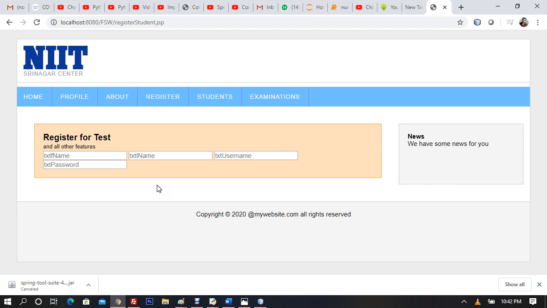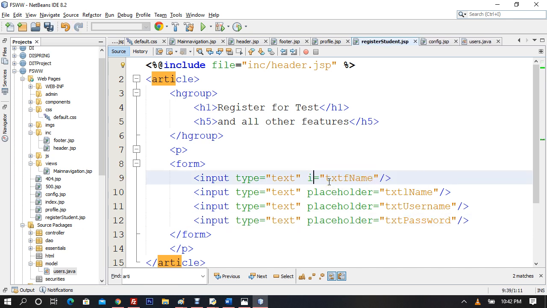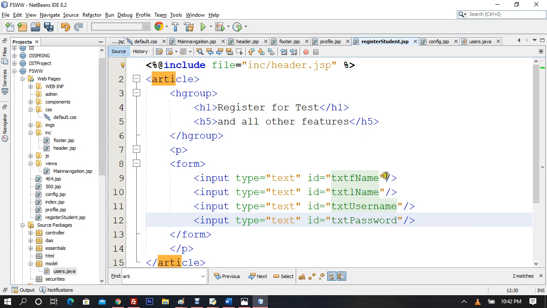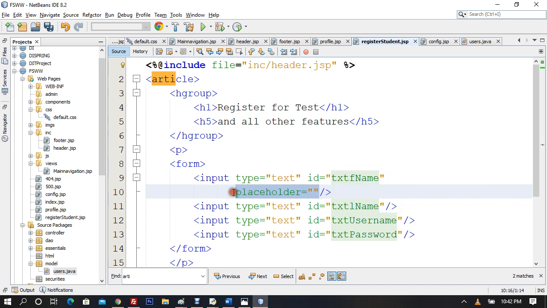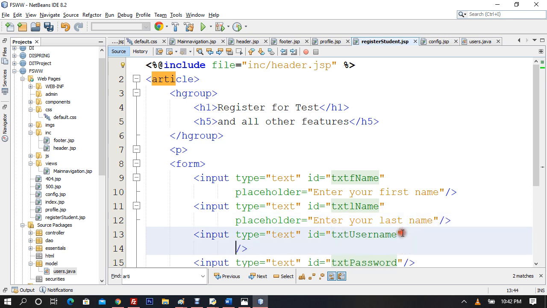So the moment, because we haven't styled them yet, right. Why am I using this as placeholder? So I'll say id, and id, because we'll be using AJAX here. And now we'll say placeholder something like here. Alright, so let me copy this placeholder and say, enter your first name, the second placeholder, enter your last name or middle name, you can say, and we can say